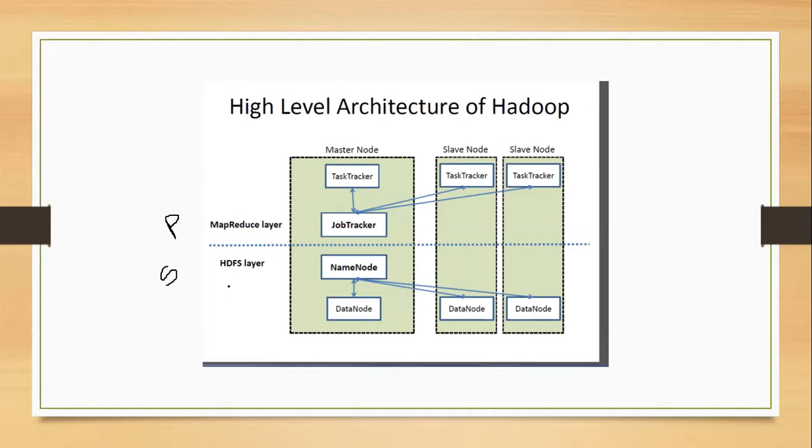So when we are talking about the storage layer, in this we do have the name node and we do have multiple data nodes. It means this HDFS layer carries a master slave architecture. Master and slave means what? The name node is the master and the data nodes are the slaves. It means the name node gives the information or direction to each data node about what needs to be done or what data they should keep.